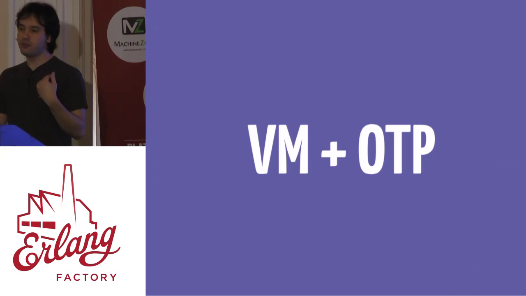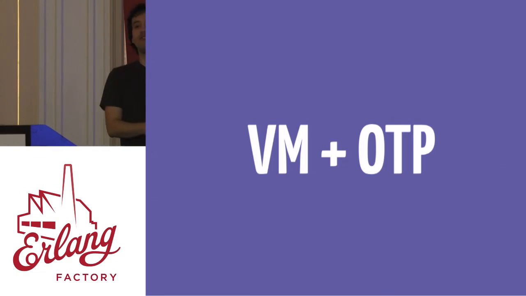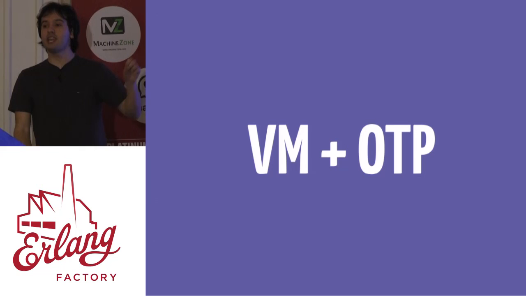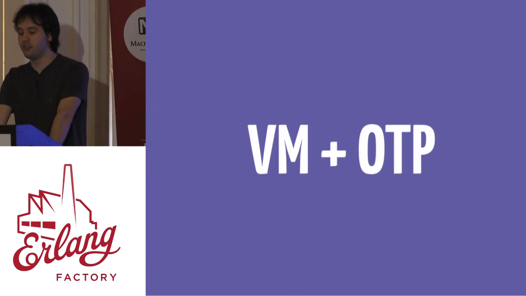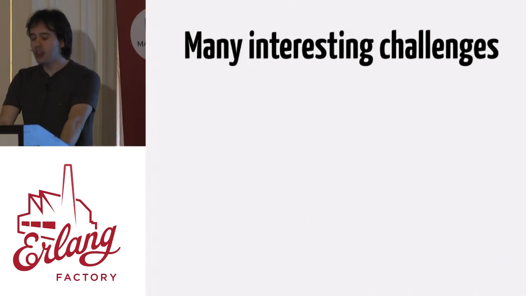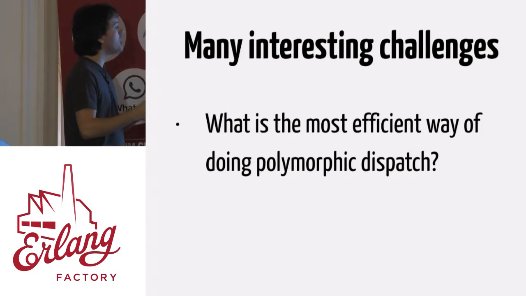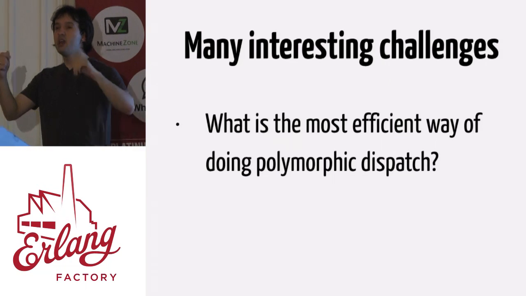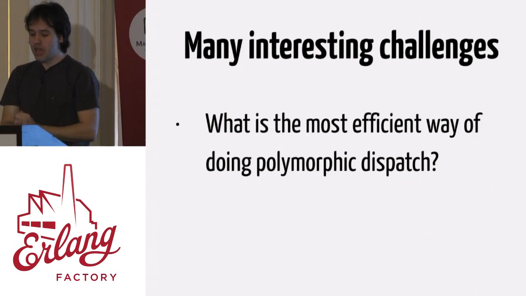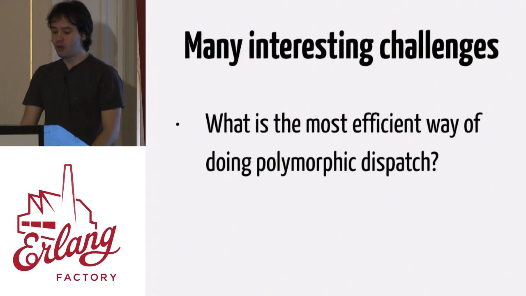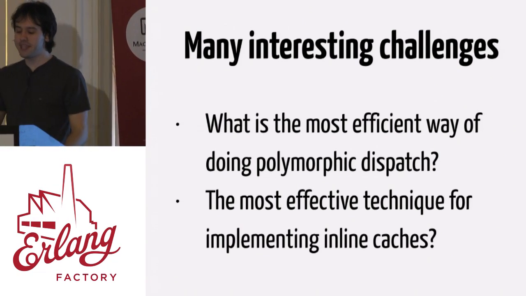And not only that, we are going to use all the guarantees we have from OTP for building fault-tolerant software. It allows us to think very well about the failure semantics, right? What is going to happen if one stage fails, okay? We need to think about this stuff, and this environment forces us to think about this stuff, okay? So we have a lot of interesting challenges, right? Even if you are starting from polymorphism, we can start discussing what is the most efficient way of doing the polymorphic dispatch. When I have this data type, I need to know how to dispatch to the proper implementation, how can we implement this without any overhead, right? One of the common techniques is inline caches, right? How can we implement inline caches in the Erlang virtual machine?